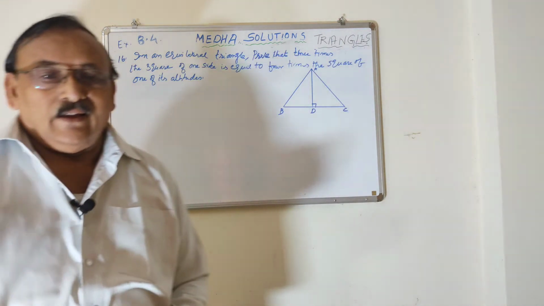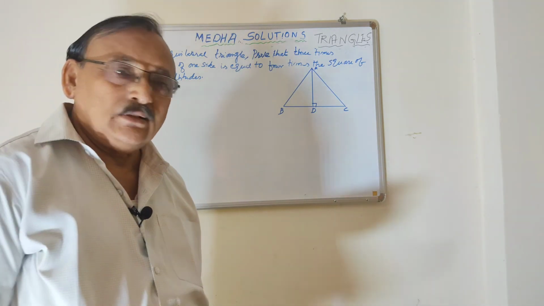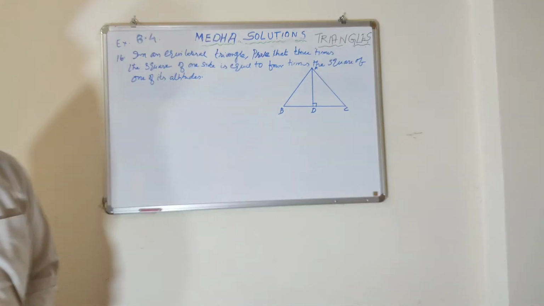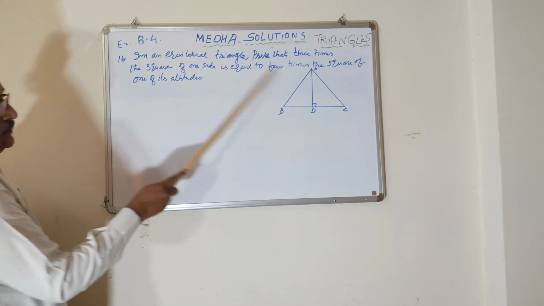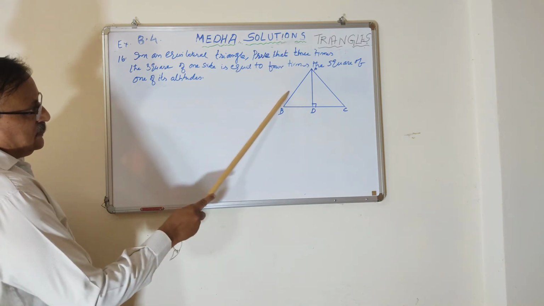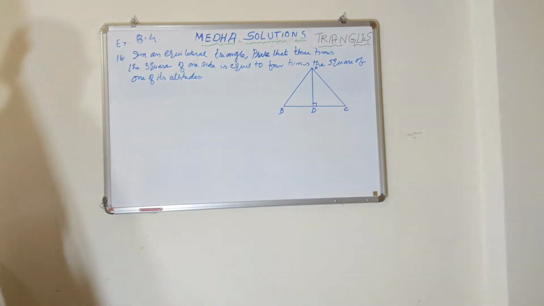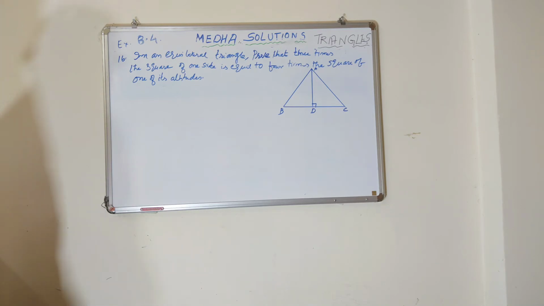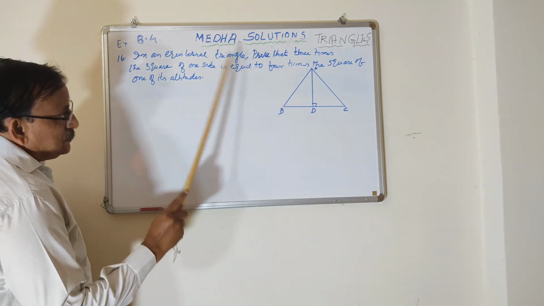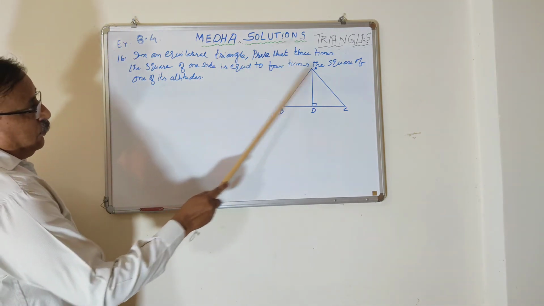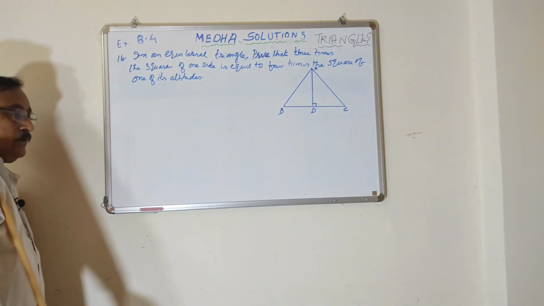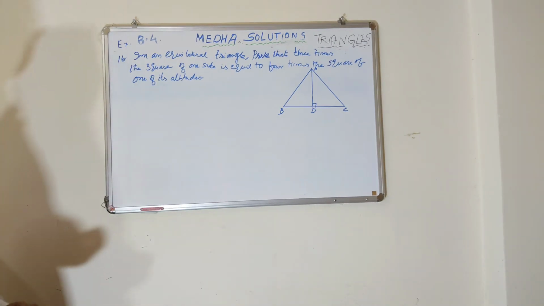Now students, again from Meta Solutions, our channel. See, this is sum 16 in exercise 6.4 of NCERT. This is an equilateral triangle. Prove that three times the square of one side is equal to four times the square of its altitude, because all sides are equal. Suppose we take AB square of one side, three times, so 3AB square is equal to four times the square of its altitude. This is altitude AD, so 4AD square.